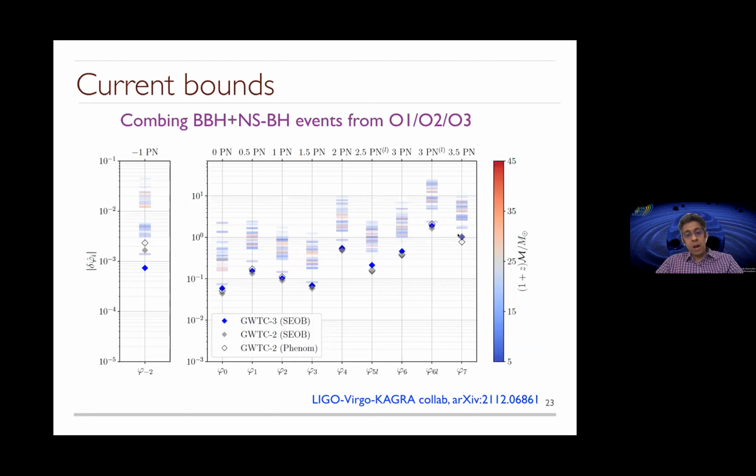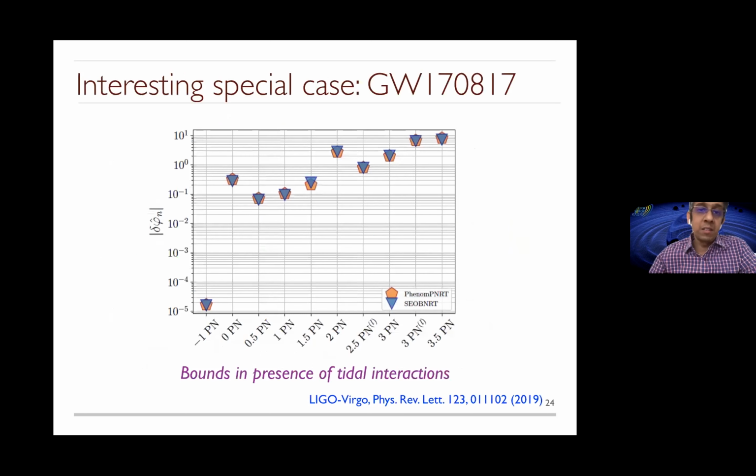This gives you the state of the art in terms of constraining the post-Newtonian parameters from the GWTC3. Now, as I mentioned, this contains analysis of BBH and the NSBH signals. There are a few interesting cases in this GWTC3 catalog. The one interesting case happened during the second observing run. It's a binary neutron star merger, 1708-17, which gave us an opportunity to test GR in presence of matter